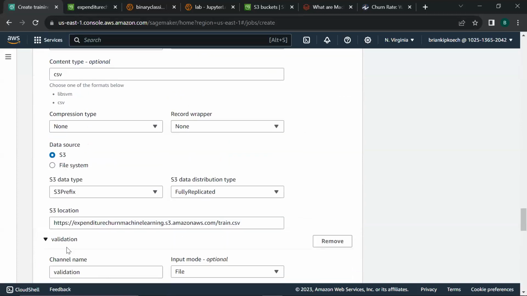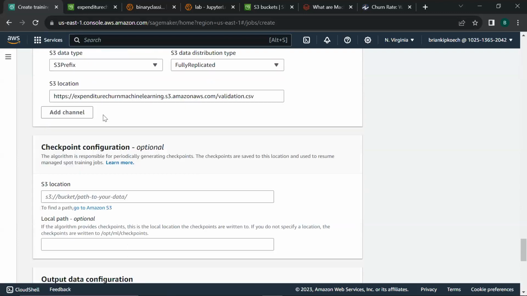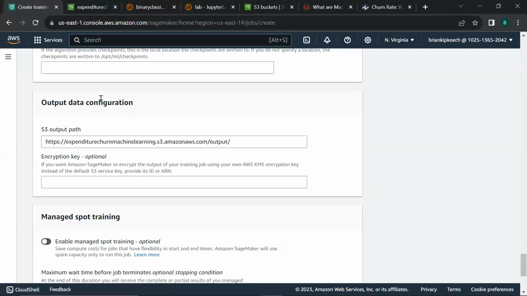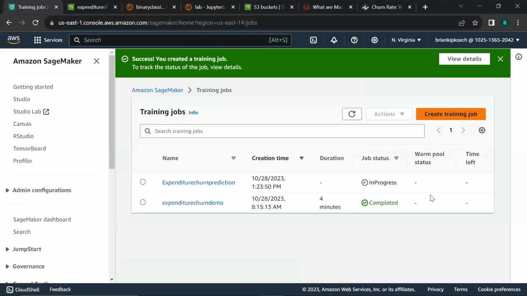And then we added channels that loaded the training and validation datasets. And then we provided a path where the output of our model will be saved. Once we are done, we click on create training job. And the status will be in progress.